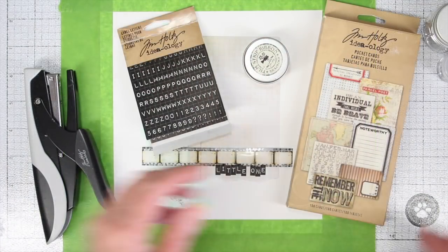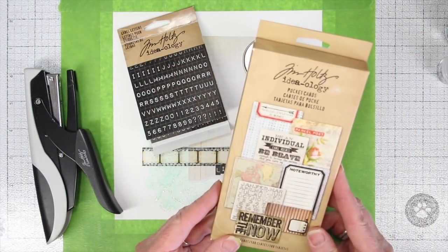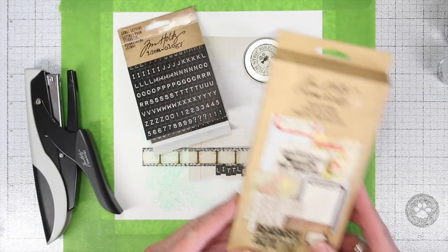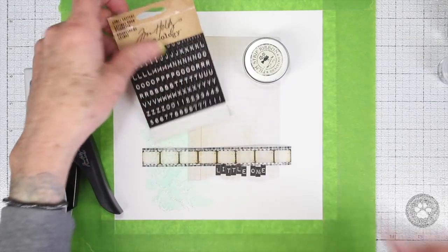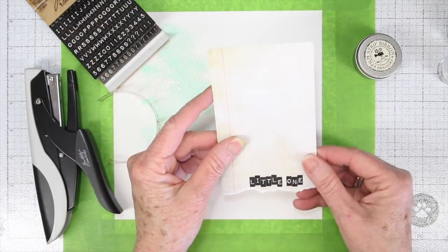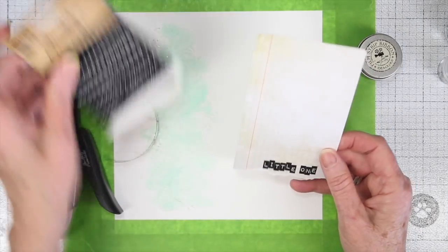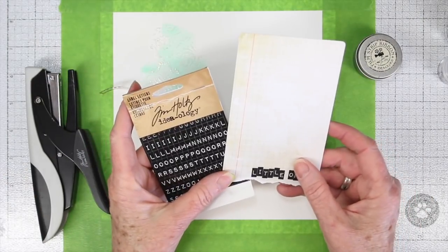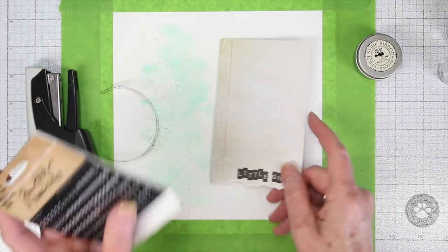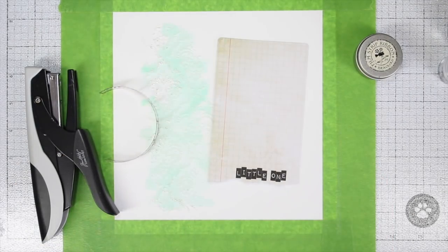My background is pretty much done, and so now I'm going to start adding things around my photograph. So I have the Tim Holtz pocket cards here, and I have chosen one of the larger ones, and I've torn it at the bottom, and then I added my little letter stickers that say Little One. So this will say Dream Little One. And it's a picture of my granddaughter Melody while she was sleeping, and I just kind of captured a fun